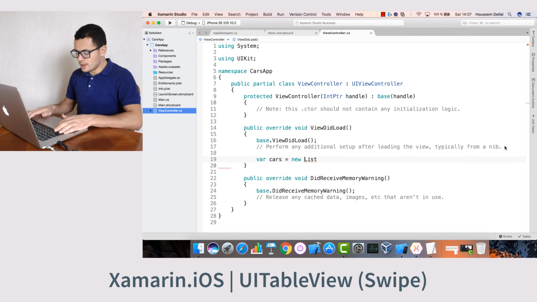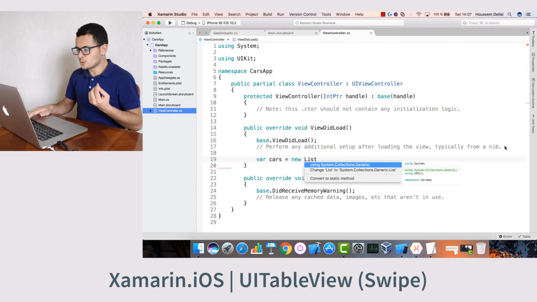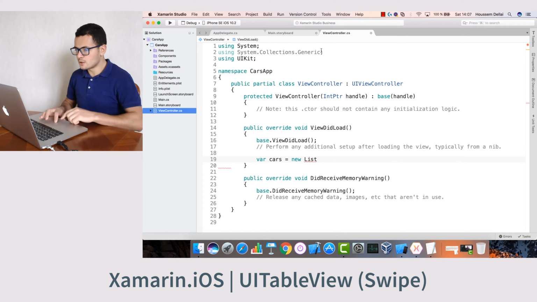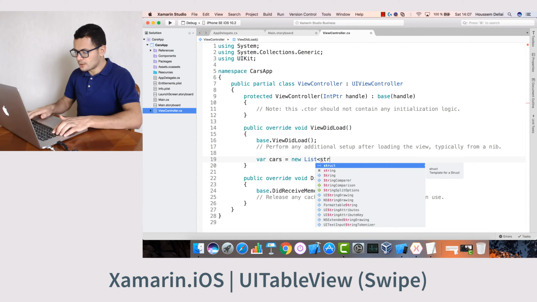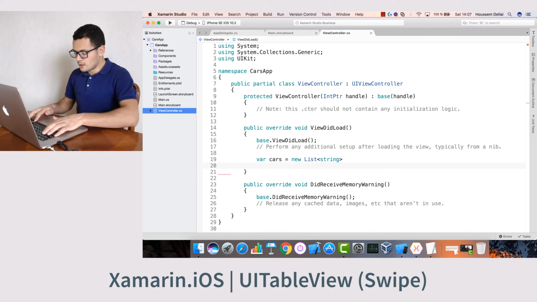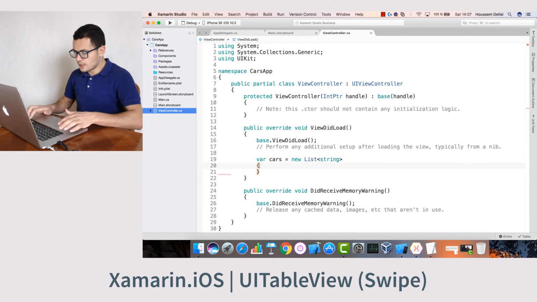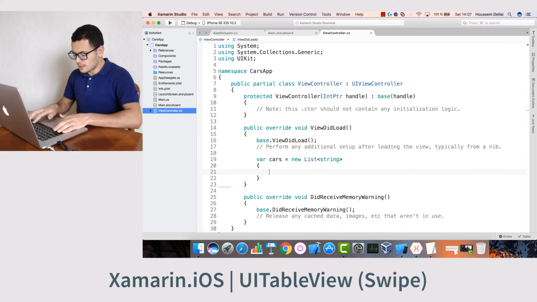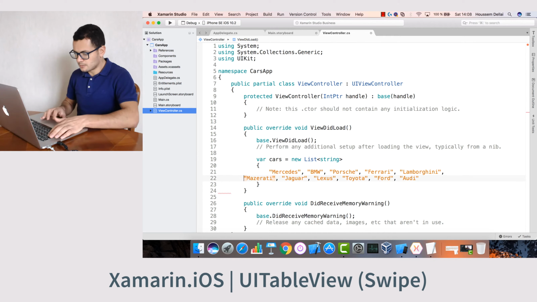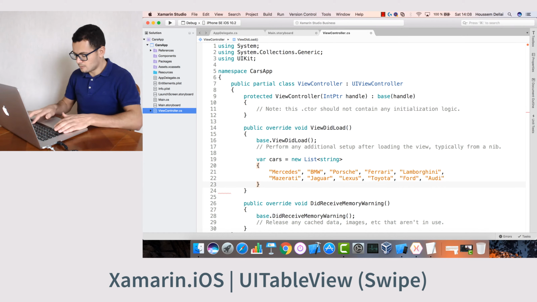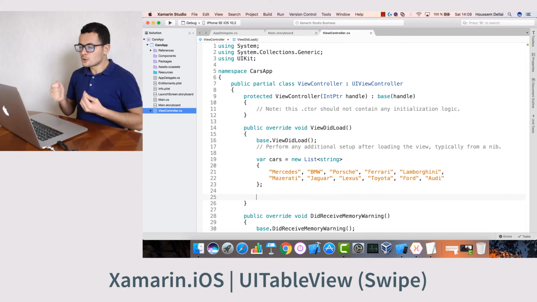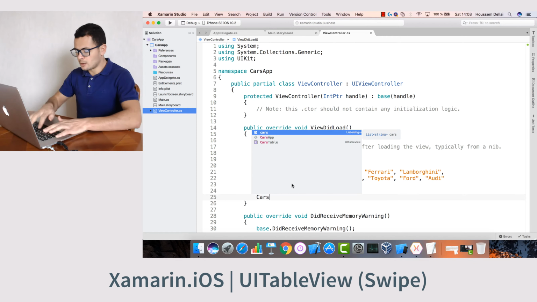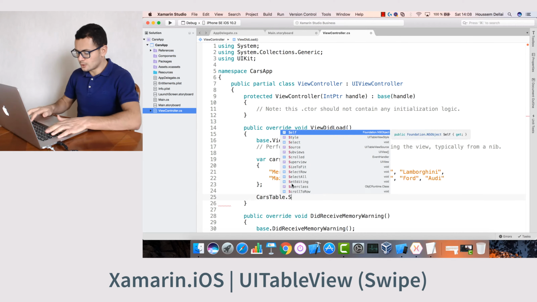So let's resolve the list namespace here by hitting Command Enter. Here it suggests to add the using system.collections.generic. It's added automatically. Then our list of cars is a list of string. My list of cars contains some cars like here. Now we want to show these cars inside our UI table view, our cars table. For that, I'll call my cars table dot source,